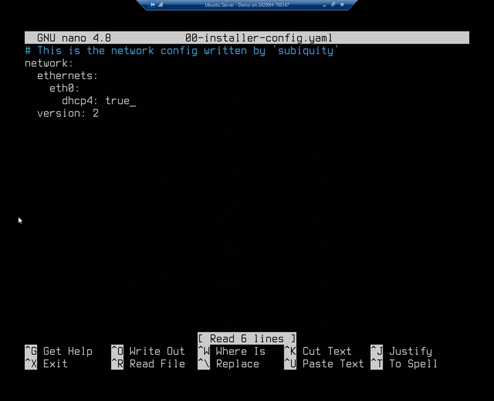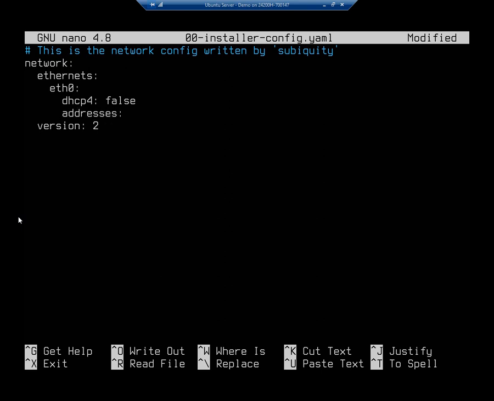So here's what I want to change this to. My DHCP is going to be false. I'm going to space over 1, 2, 3, 4 spaces. And after setting my DHCP to false, I'm going to set my addresses. So 4, 5, 6, there we go. DHCP is set to false, and then I'm doing